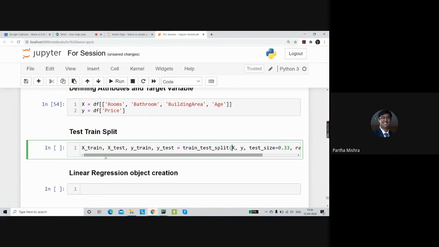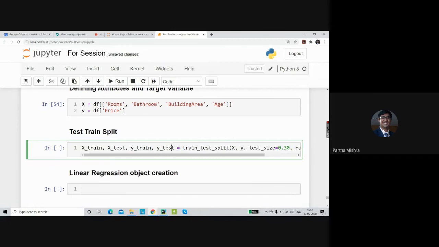So let's say instead of 33% test size, let's break it at only 30. So a 70-30 split, we are going to fix to that. And let's keep the random state as 0 instead of 42. Let's understand what this particular line is doing. We have 4 variables: X train, X test, Y train, Y test. Training data will have the 2 components, attributes and the target variable, so X train and Y train. Similarly, testing data will have the same set, X test and Y test.